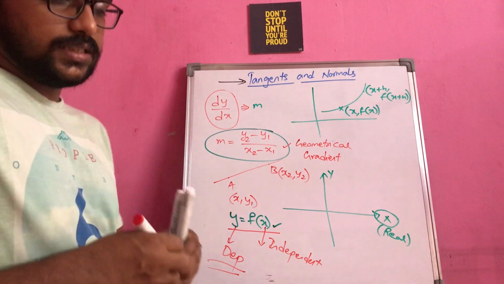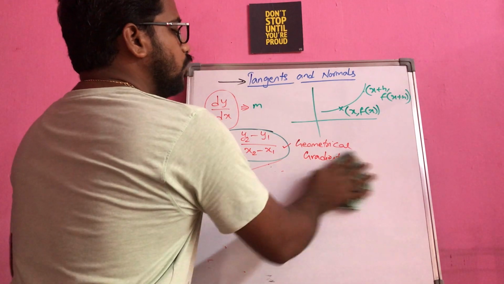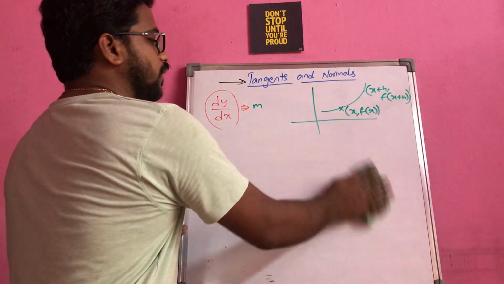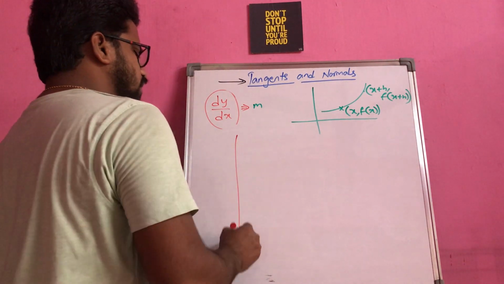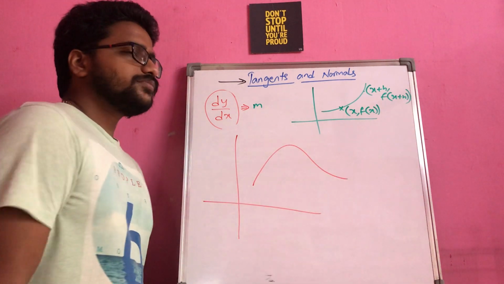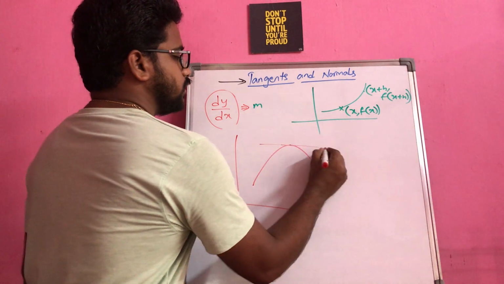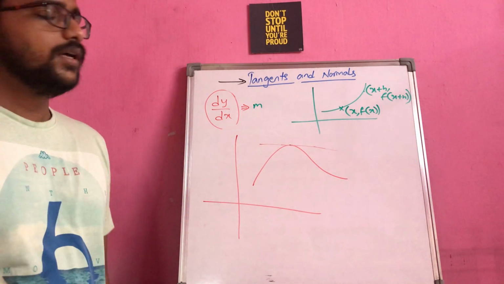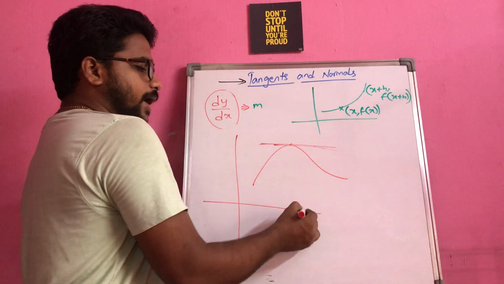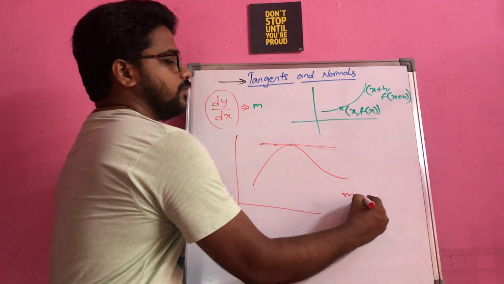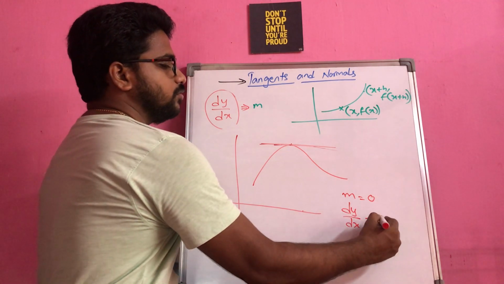Now let us see some more interesting things here. If it is a concept of finding the slope, why can't we frame the equation for that particular curve? So if I give you any particular curve y is equal to f of x, in any shape, something like this, let us say I'm going to draw a tangent at this particular point like this, which is intersecting at only one particular point. If I ask you how this line is looking, this line is parallel to the x-axis whose slope is equal to 0. What it means is that dy by dx value is equal to 0.